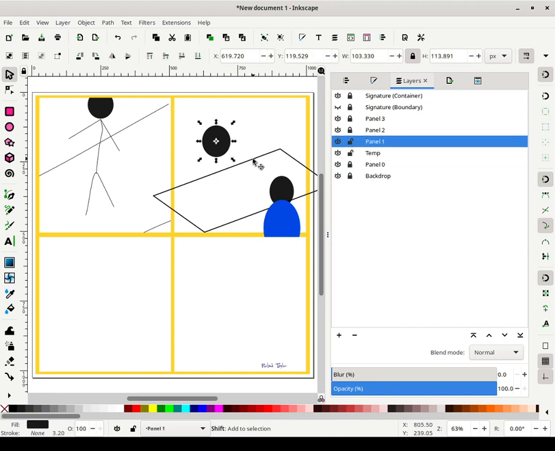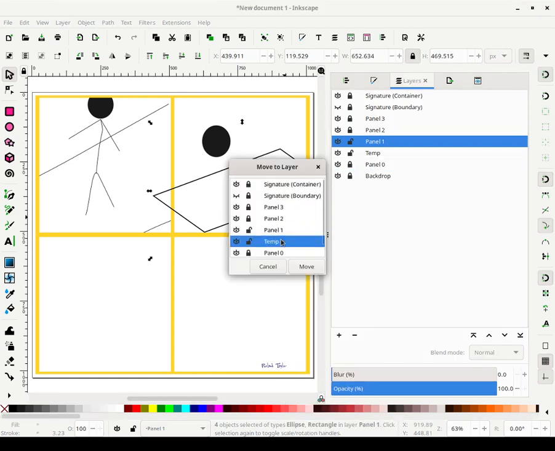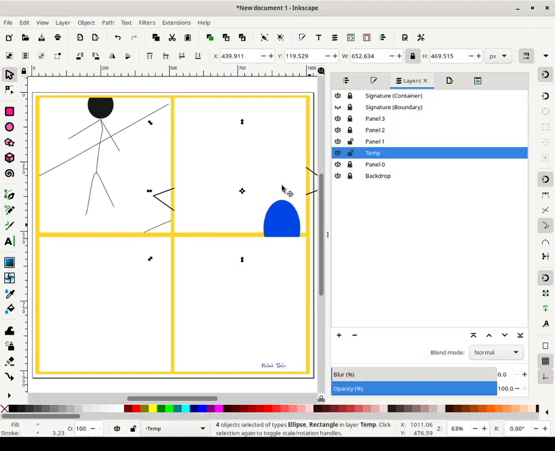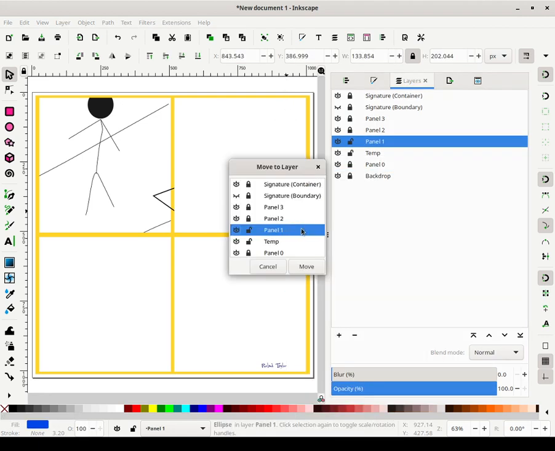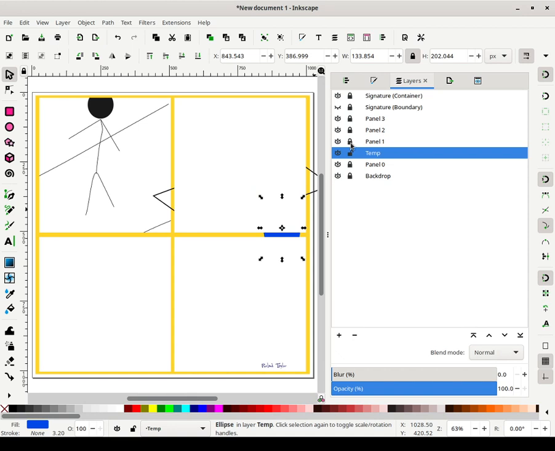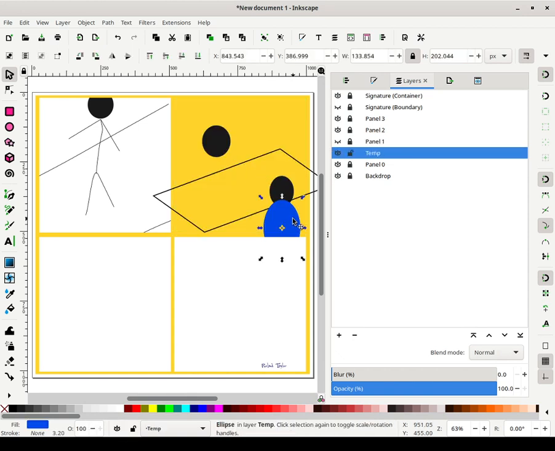Move all these objects to temporary, and then I'm going to turn off panel 1. Let me just make sure this gets moved as well. Right, so with panel 1 off, I can work now with ease without having to worry about anything getting put where I don't want it.